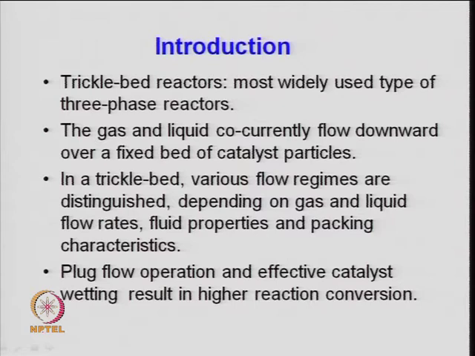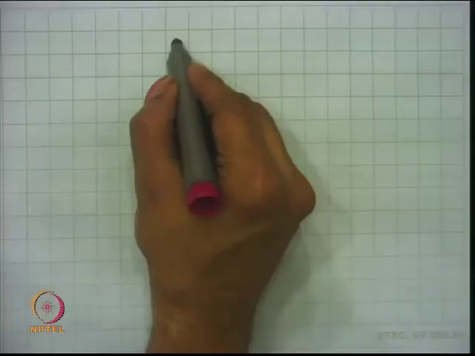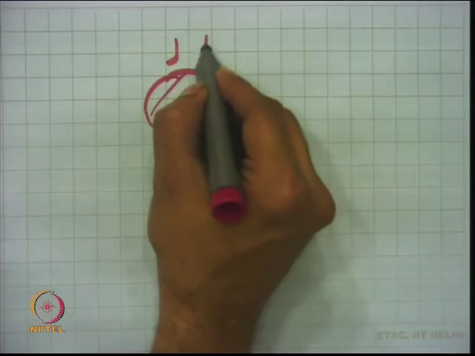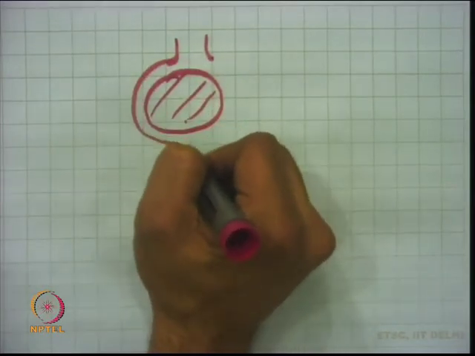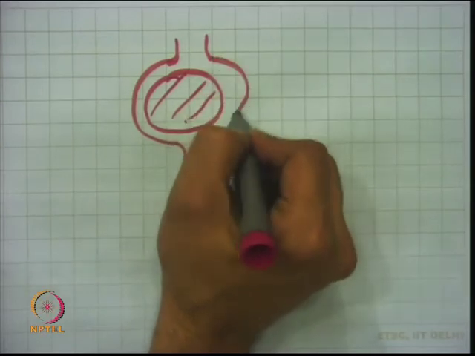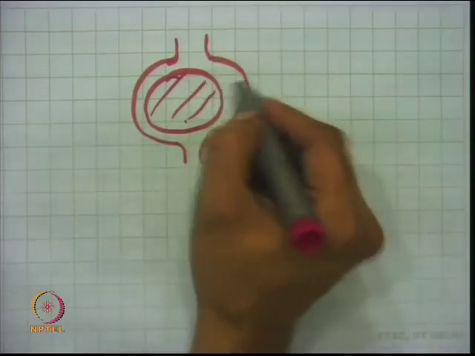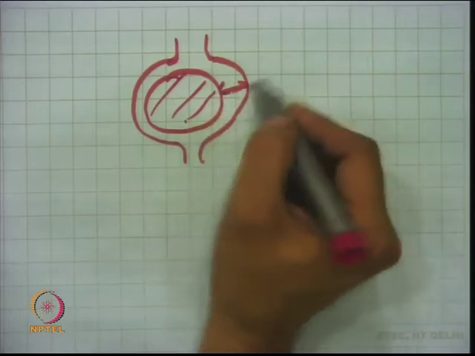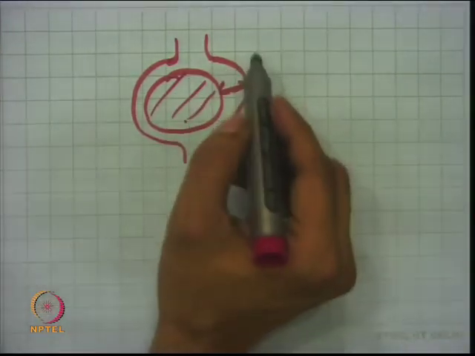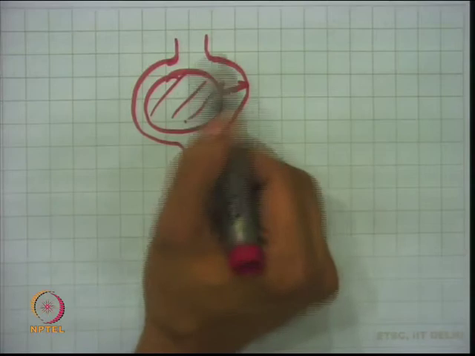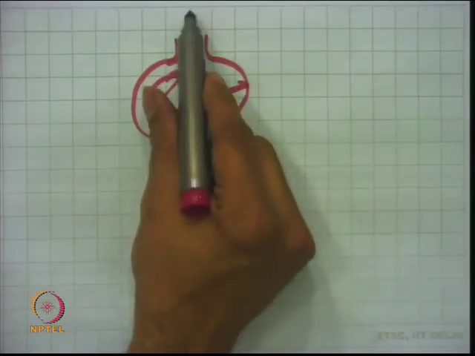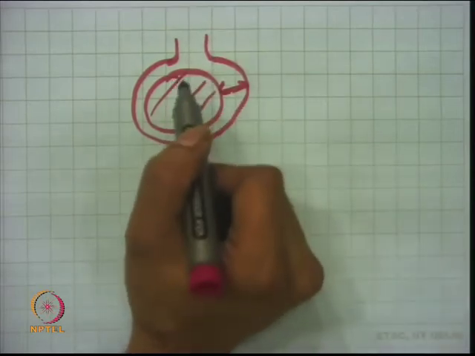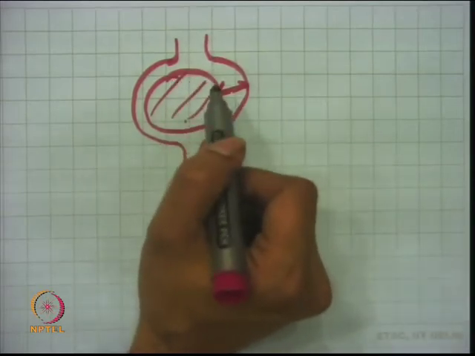So, this is a solid catalyst, it is a porous type of material, and over that the liquid comes like this in the form of droplets or rivulets, and a thin film is formed across the surface of the solid, and then it falls down like this. So, the advantage is that because of this thin film, there is a good contact between the gas, liquid and solid, and these operations can be done at high pressure, and the flow rate of the gas and liquid is a decisive factor in this kind of reactor.